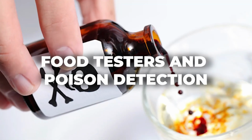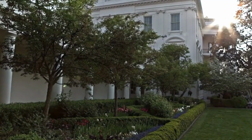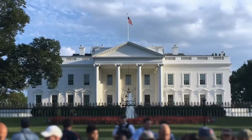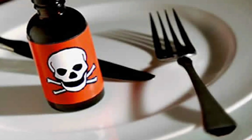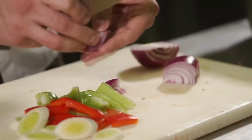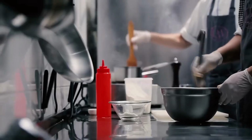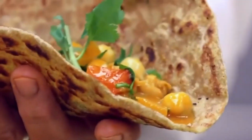Food testers and poison detection. While high-tech defenses can stop bullets, explosives, and physical intrusions, there's another kind of attack that's been used for centuries: poisoning. That's why every meal served to the president undergoes extreme scrutiny before it reaches the table. The White House kitchen is staffed by highly trained, carefully vetted chefs, but even they don't have the final say